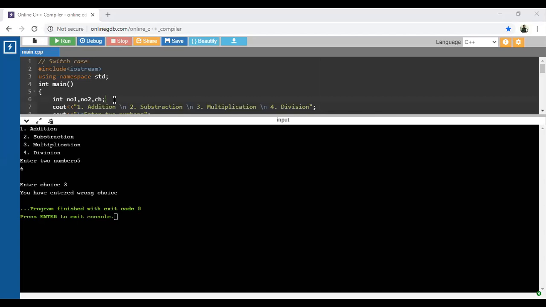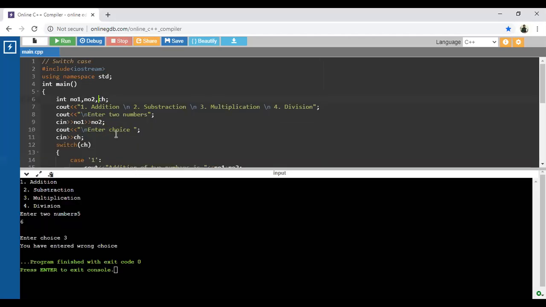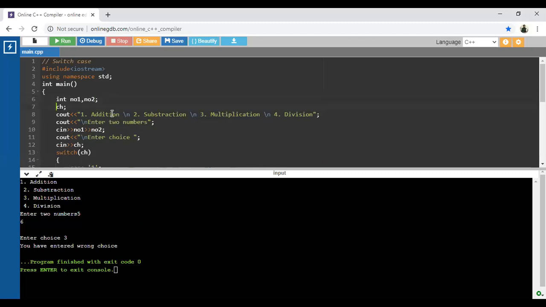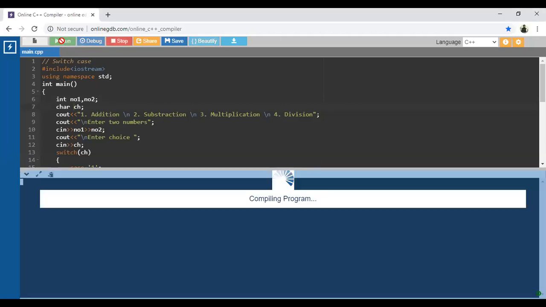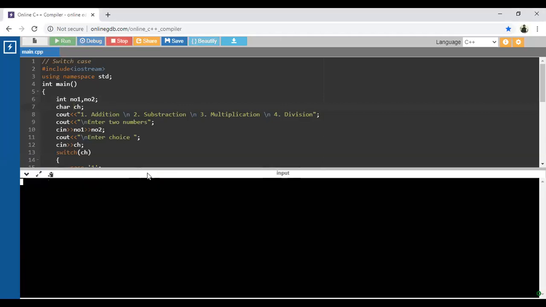So just check what will happen. Here we have considered that choice is of integer type. Instead of that, we will mark it as a character type. Enter 2 numbers 5 and 6.